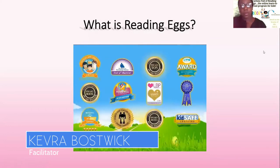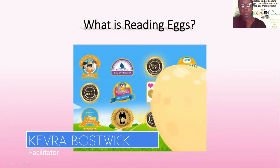Reading Eggs is the multi-award-winning program where your child will learn to read. And it's proven to work. Used and trusted by